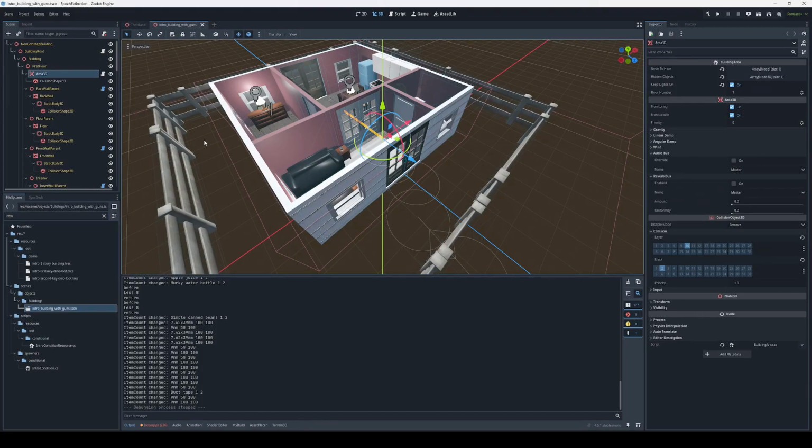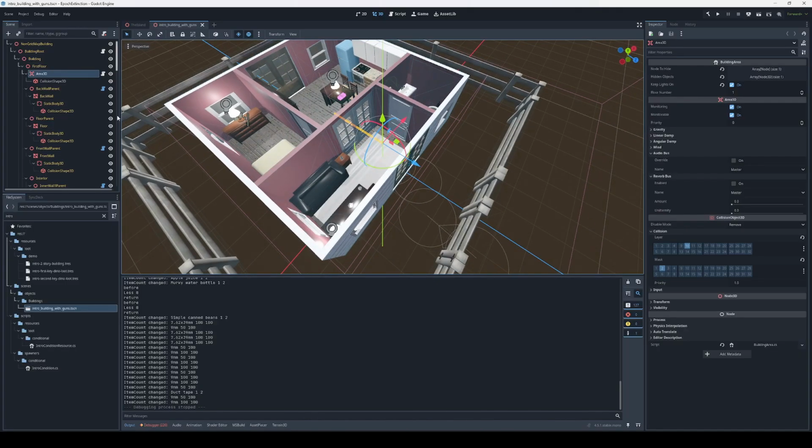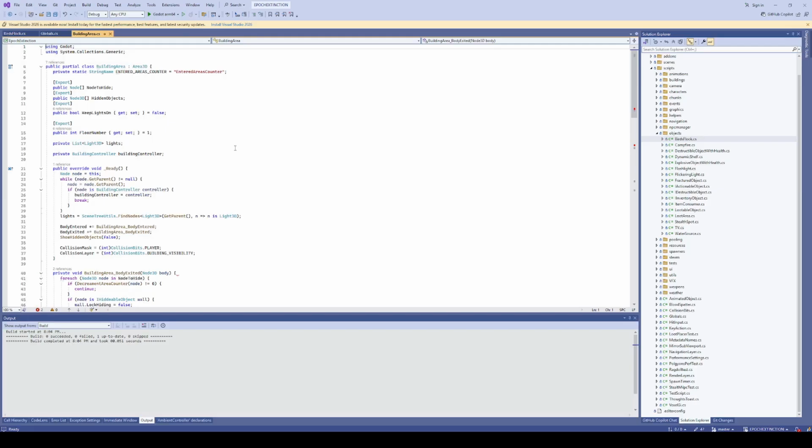So my buildings, all of them have Area3D, and I looked around at the audio bus option, and it turns out that this setting works only for audio nodes that are placed inside of an Area3D. I cannot find any particular use case where this could be helpful. That means that I will need to add some additional scripts